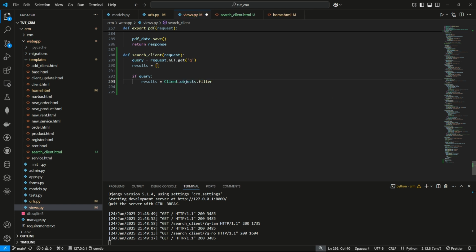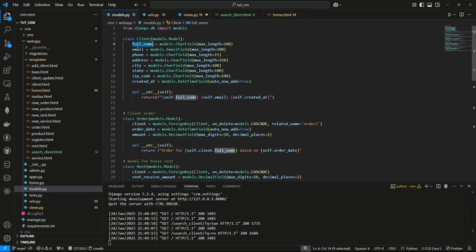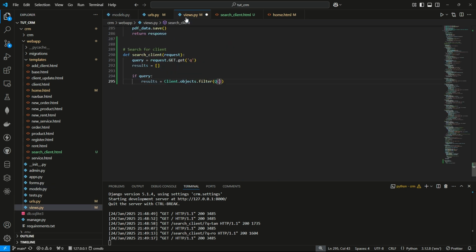Now write object.filter. And call the Q object inside the parentheses. Now we will take the first name field defined in the model class and paste it as a parameter to the Q object. Now write icontains with first name followed by __ and which will be assigned with the query value. The icontains lookup is case insensitive, so it will match any client's names that contain the keyword regardless of